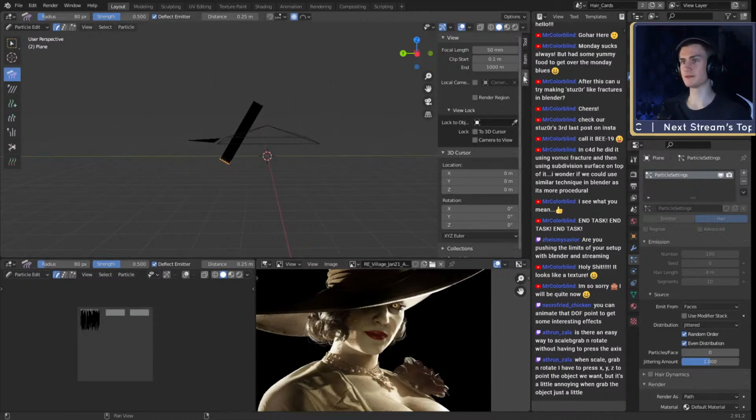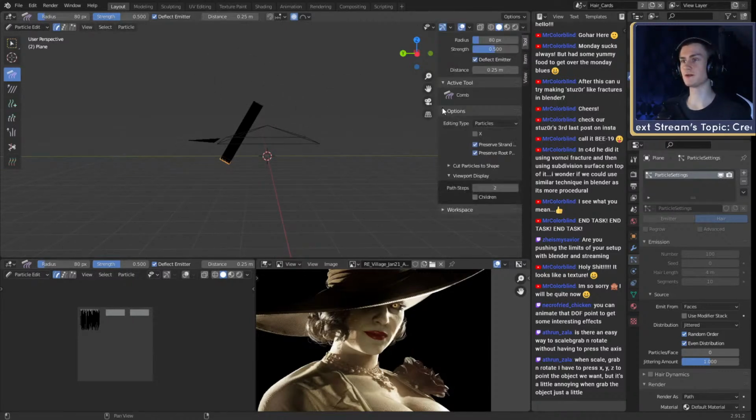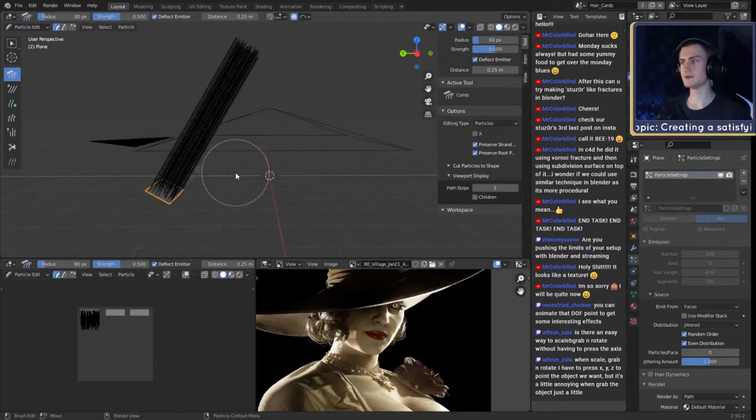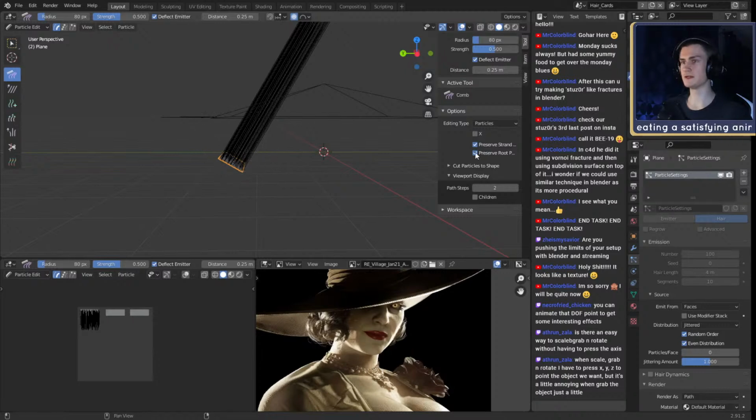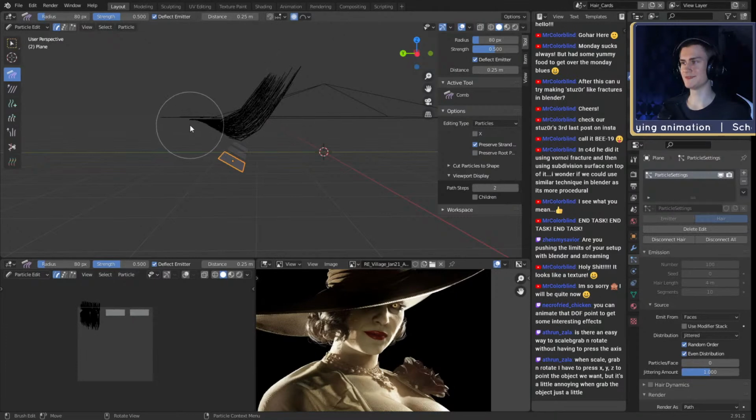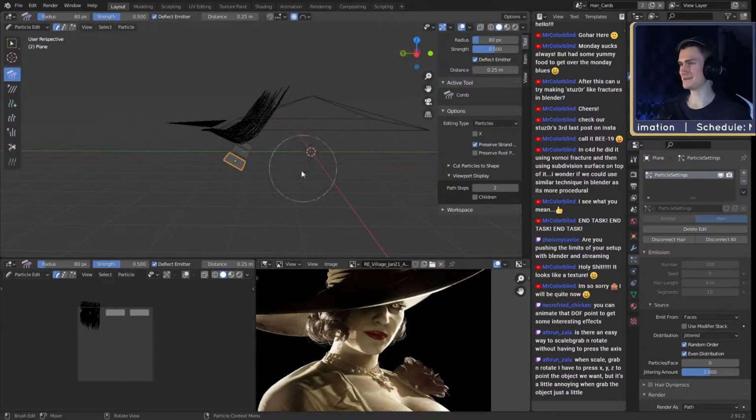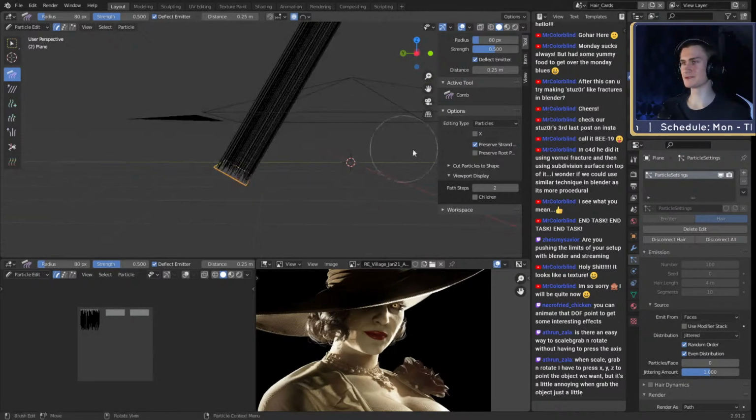I want to try something though. If we go to tools, we have options. We can say preserve root position, which means if we brush them and we have this not enabled, I'll just show you what it does. Whoop. Now they're somewhere else. We removed them from their original root position.